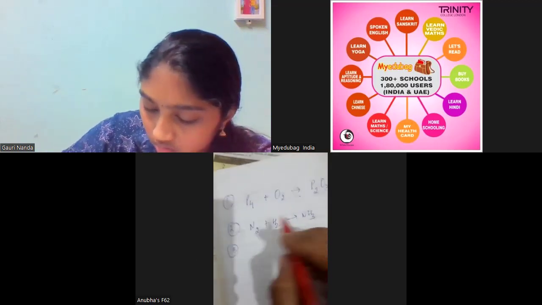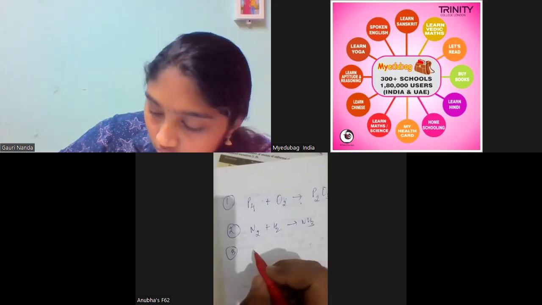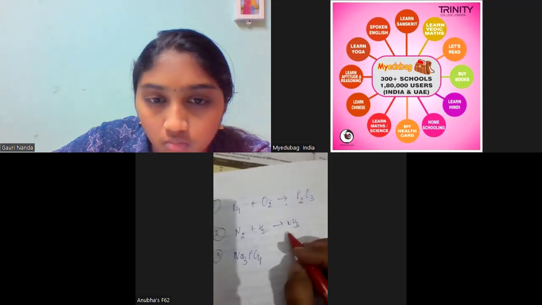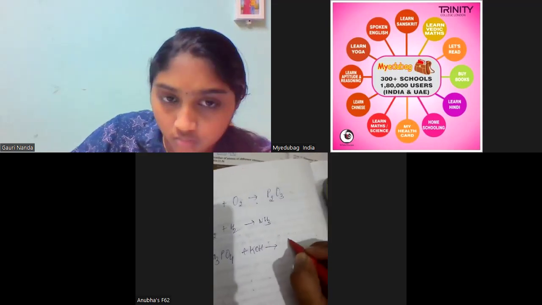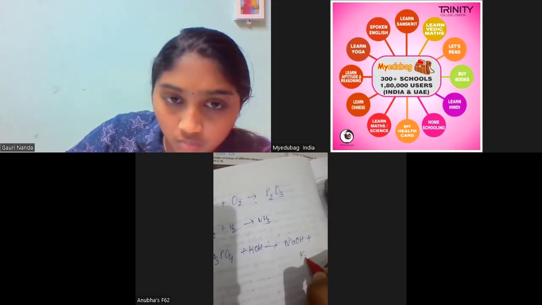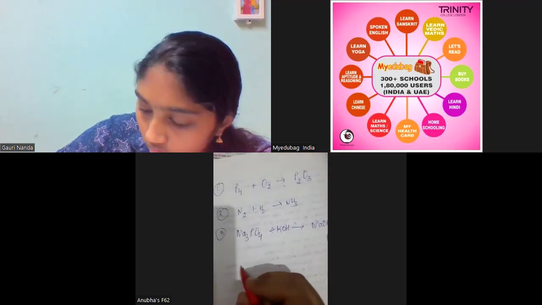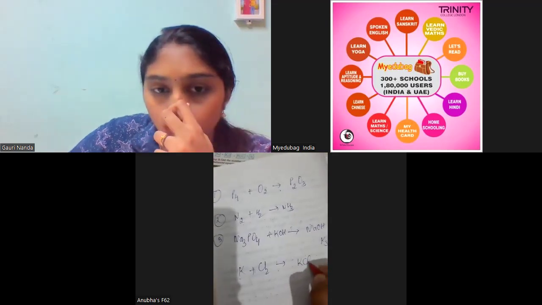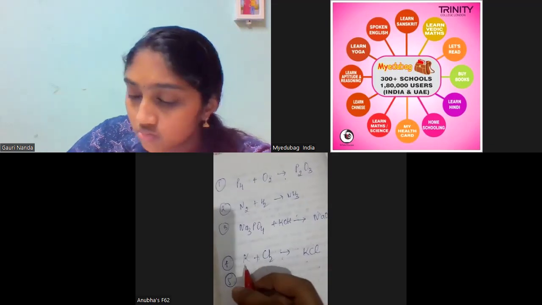Then you have Na3PO4 plus KOH gives NaOH plus K3PO4. Then you have K plus Cl2 gives KCl. Then you have